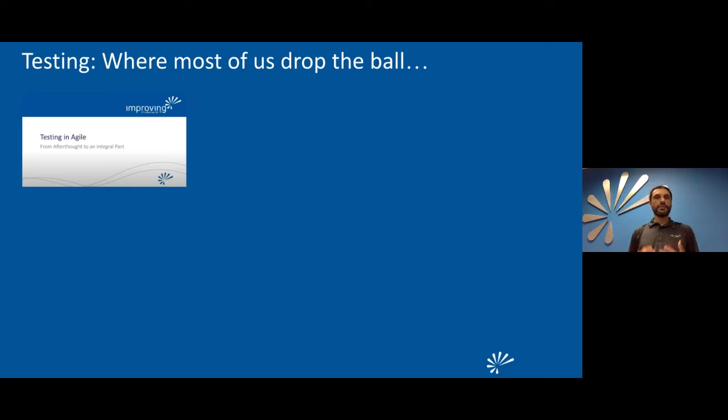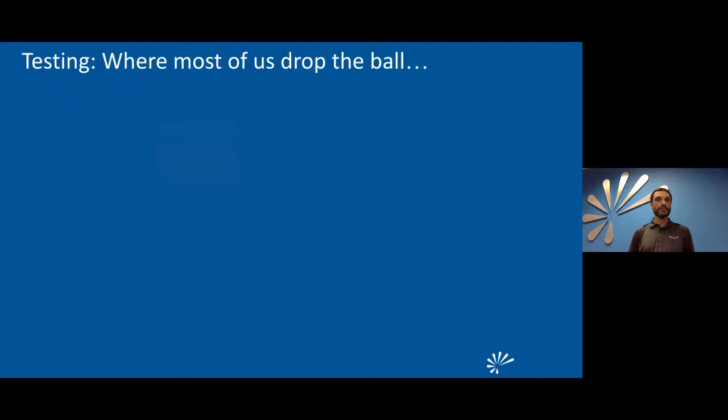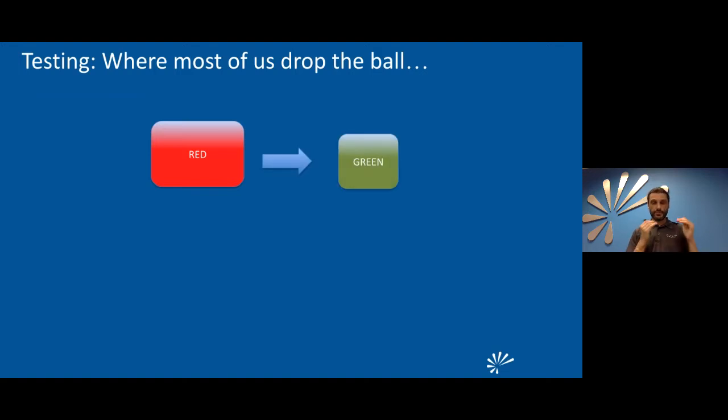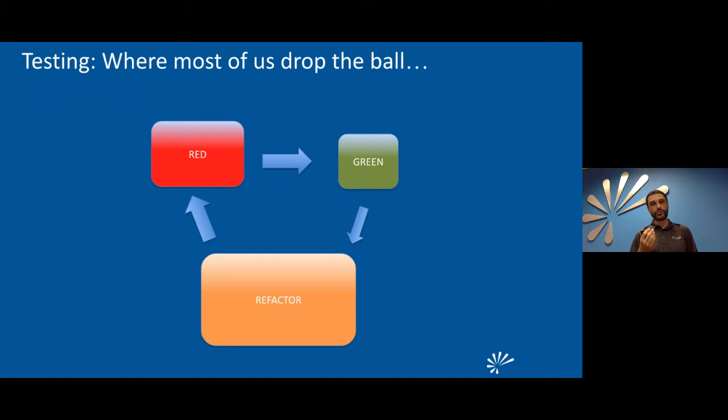But we all end up falling into this trap where we drop the ball when we are thinking about the Red-Green-Refactor mantra. Red, you write a failing test. You run the test, you want to make sure that it's red, it fails, because if you just wrote the test, you didn't implement anything, you run the test and the test is green, well, wait a minute, that's not right. So you want to make sure that you take that step. Then you write just enough implementation code to make your test pass. And then what do you do? You refactor.